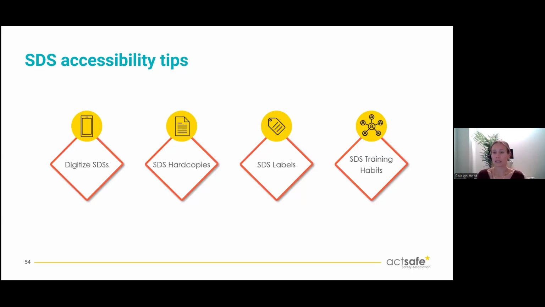And then we want to normalize checking your SDSs before you use a new or unfamiliar product. And so that's kind of the takeaway here, is to feel confident in what you don't know. So if you walk into a situation and you do not know what product you're using, have the confidence to say, I don't know what this is. I want to learn more about it before I start this work. That's all it needs to be. Then you know how to protect yourself, you know how to protect others, and you know what to do in a situation that may be unsafe.